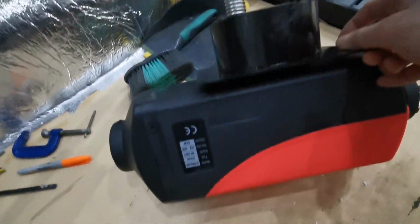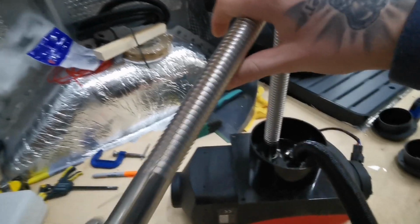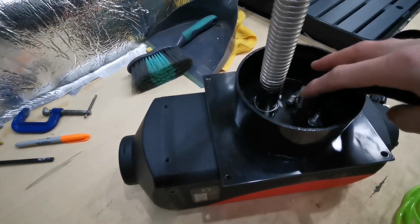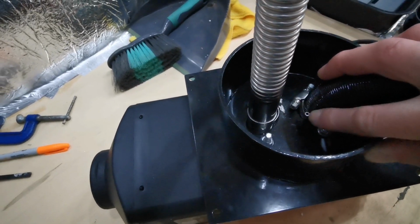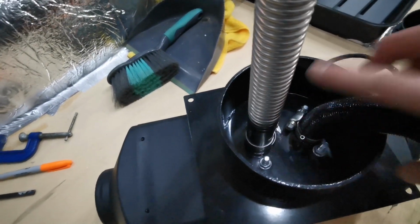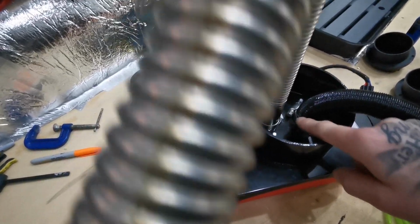So I've connected the turret plate to the diesel heater and all the holes are pre-made anyway, so it just slots on nicely. I've connected my intake and the exhaust and they simply go on with the clips, not a problem. And if you're wondering which one goes where, intake is the one next to the fuel line here, and then the exhaust is the furthest away from the fuel intake there. You wouldn't have them two next to each other. So the air intake, again, Jubilee clipped on. You've got your fuel line there, and this is the exhaust. I will add that on shortly, but